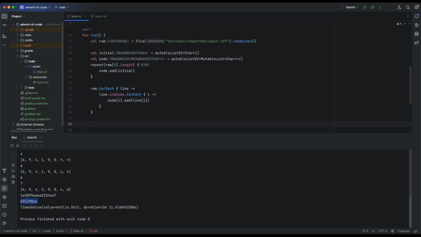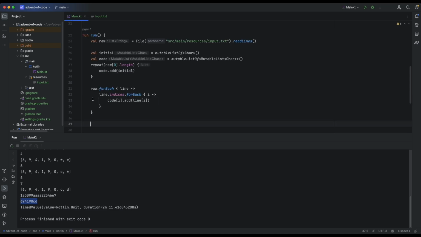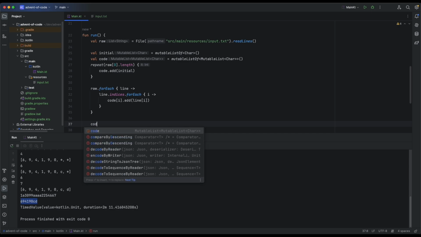Then I have 6 lists, basically all the columns, all the characters, and then I just have to count the characters for each